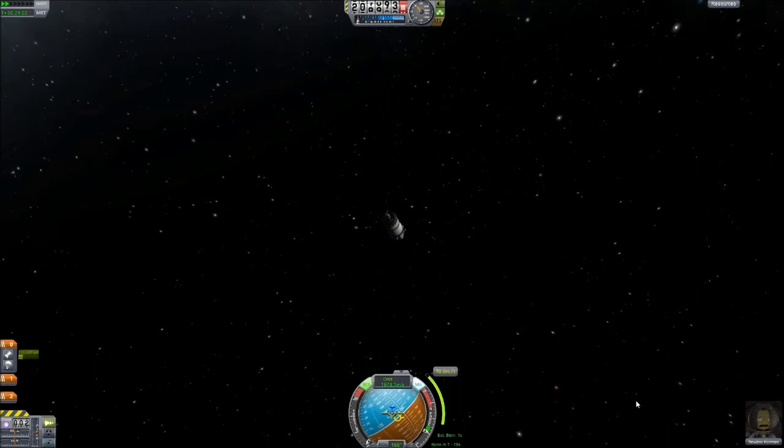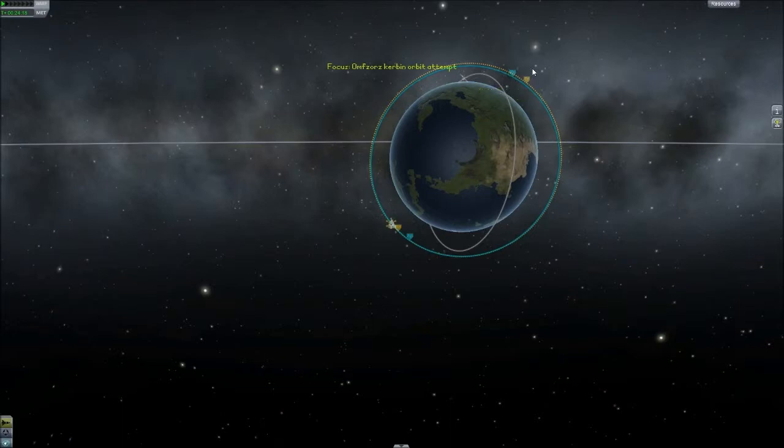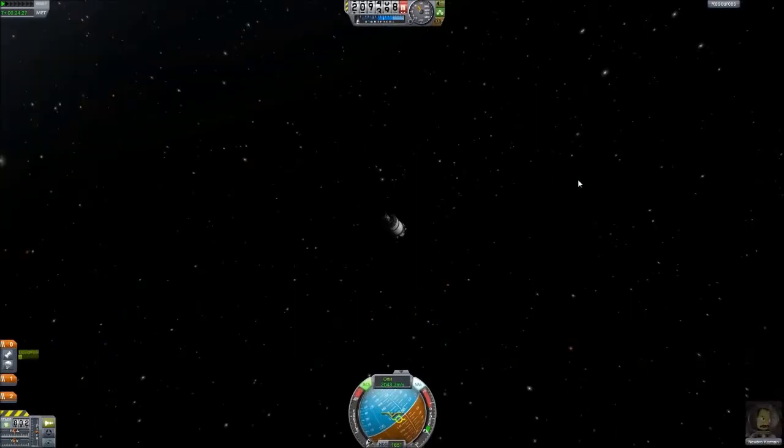Getting ready for the burn. T minus 10, 9, 8, 7, 6, 5. Start burning. Boom. And could that be it? Yes! I managed to get a decent orbit around Kerbal, but the only issue is that I have is obviously